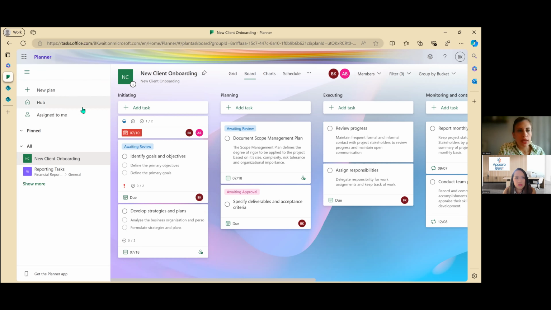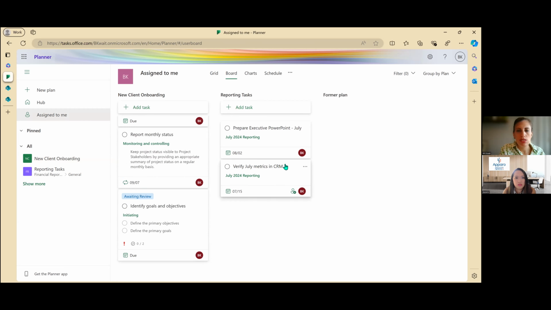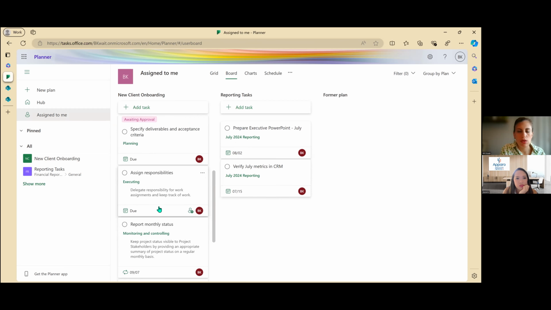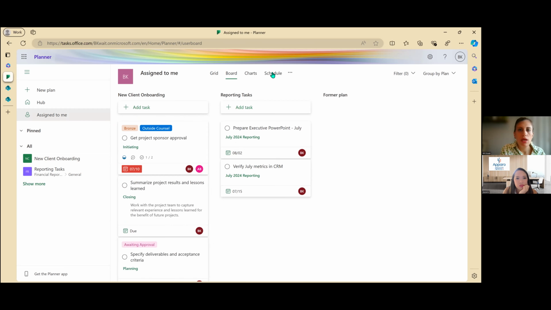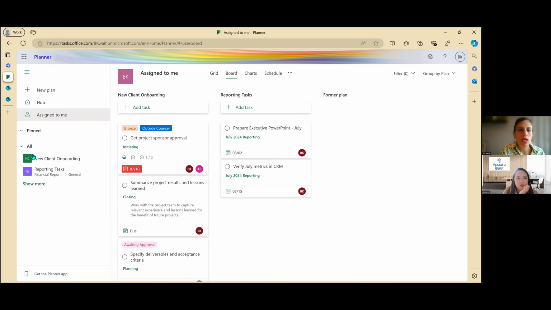Other features of Planner is I can come here to assign to me, and now I can see across where each one of these is a planner board, new client onboarding, reporting tasks. I have the same thing here. I can see all the tasks that are assigned just to me across these two projects, or planner boards, sorry, and the columns that those belong to. So the view here is a little bit different. I can also see this on a schedule for myself, which is pretty nice, including recurring tasks. If I come back to the hub,